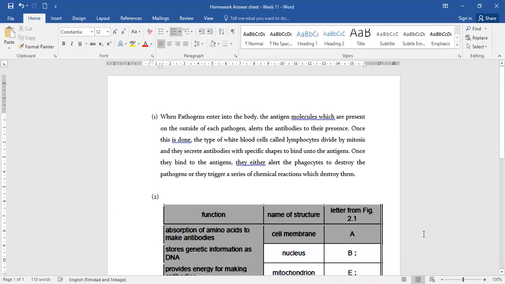So in a case when you have a little disgusting pathogen wandering inside the body, what is it that happens? How is it that your lymphocytes are able to defend the body? Not specifically why. Well, we know why, but the question isn't asking why. The question is asking how, and this is how you could lay out your answer.